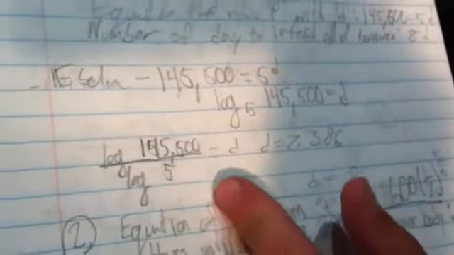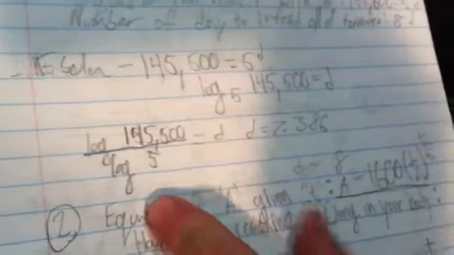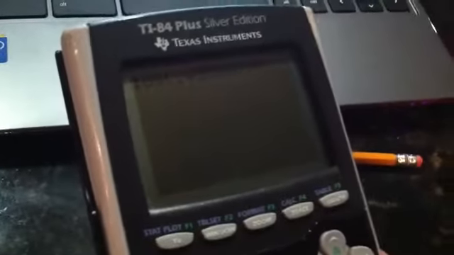Therefore, we have to find D. Okay, so now log with the base of 5, 145,500 equals D. Now, what you do is you put log 145,500 over log 5, and you type it into your calculator right here. You go log 145,500, make sure to close your parentheses, divided by log 5, parenthesis, equals